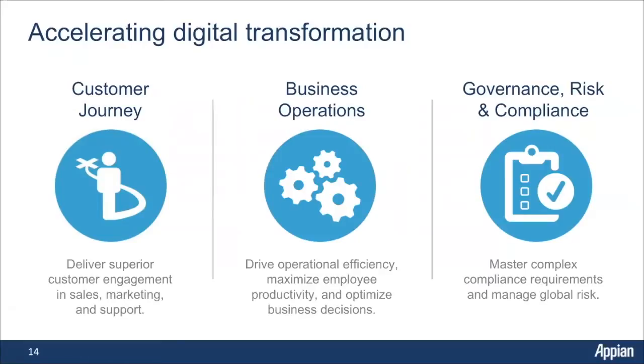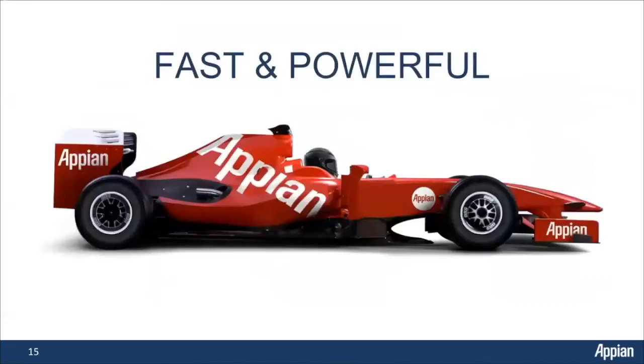GRC is a great way to apply low code to very quickly not only build a GRC solution that enforces rules and process procedures, but also allows you to adapt quickly as compliance regulations change. So ultimately, what Appian always is, in our mind, is a Formula One race car. It's designed to be fast, but also very powerful and nimble, able to cut those edges. Now, what we mean by that in fast terms, we're going to see in a product demonstration. In powerful terms, it's designed to be enterprise grade.